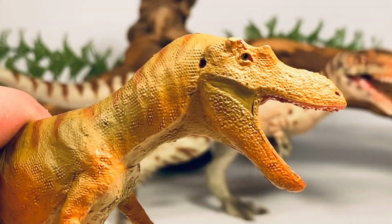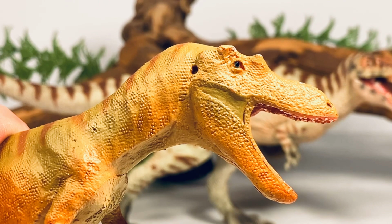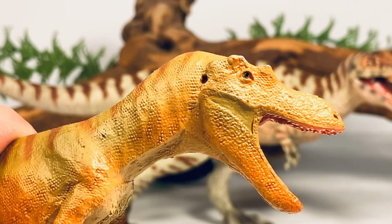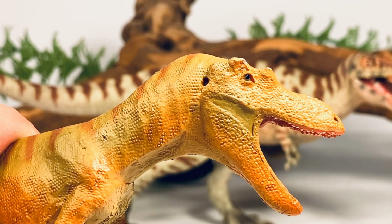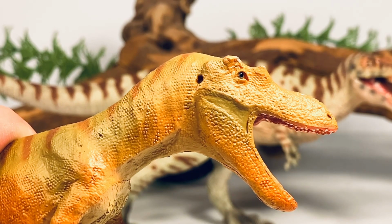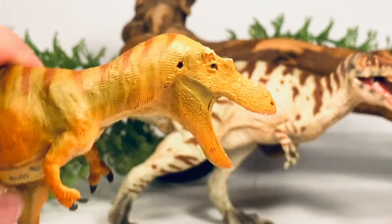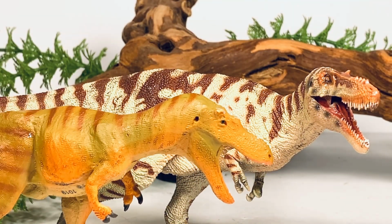Doug Watson was the sculptor on this figure, and he actually commented on the Dinosaur Toy Forum. His reason for giving this figure lips: if you look at the skull of a monitor, the teeth are very large and sticking out. But if you actually look at the animal in real life, those teeth are pretty much covered up by soft tissue and gums. You really don't feel the teeth until it sinks into your flesh. So that is his interpretation on it. So it's pretty cool to display these two figures next to each other, same species of dinosaur, two artist